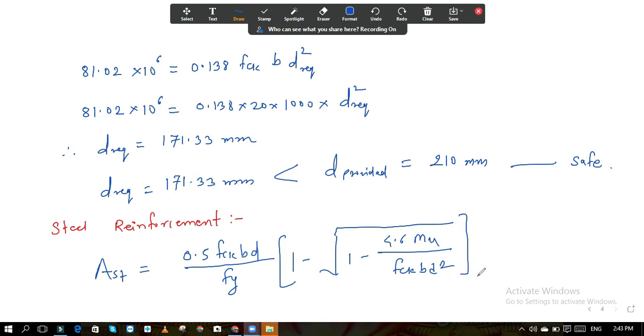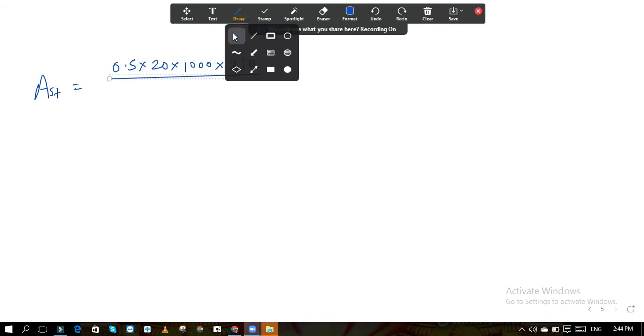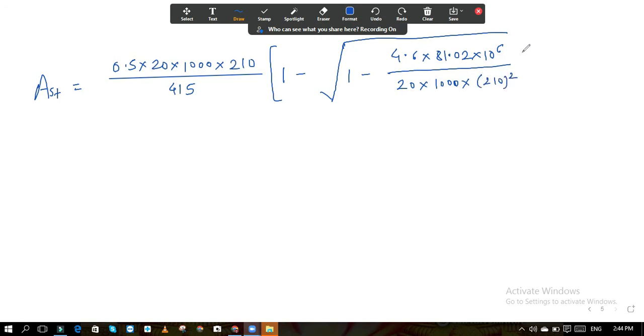Just put the value, you know the bending moment. So if you put the value, then AST is equal to 0.5 into FCK into B into D whole divided by Fy, in bracket 1 minus square root 1 minus 4.6 into Mu, 81.02 into 10 raised to 6, whole divided by FCK B D square. So therefore area of steel AST is equal to